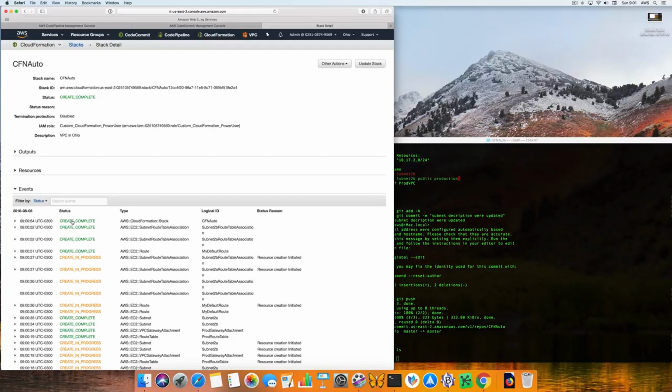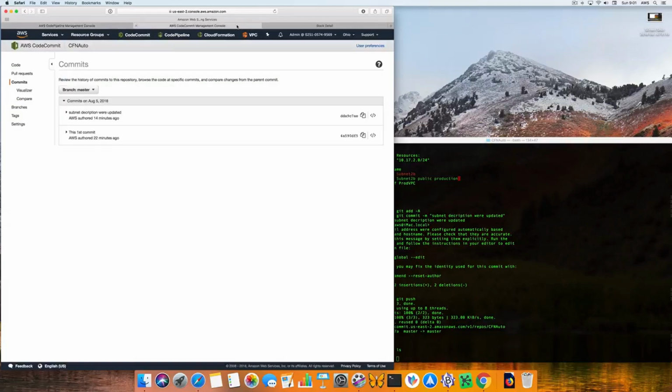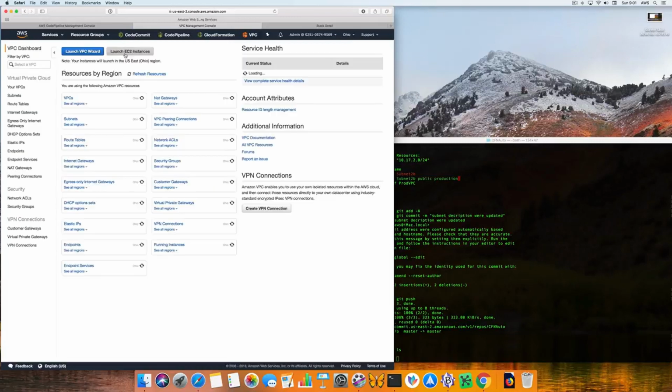Alright, so it says the VPC and CloudFormation stack is done. Alright, so here's the change on success. If we go into the VPC right now, we can see the